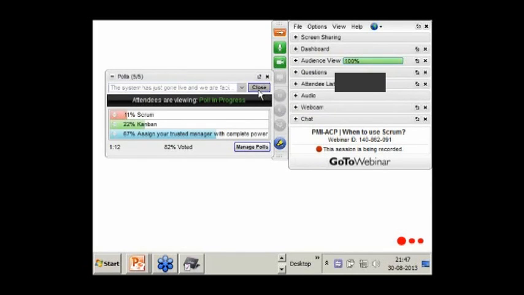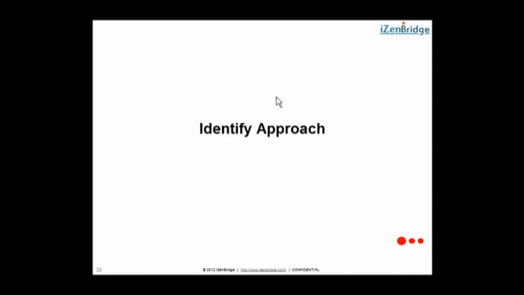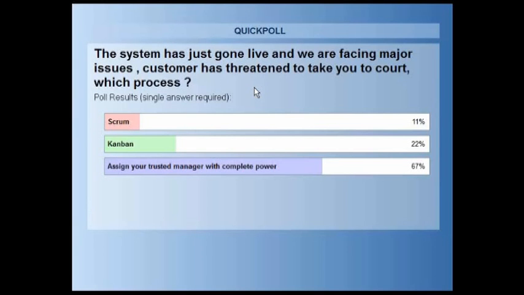So this time we are in good agreement. Yeah, most of you believe that you need to identify a superhero who can take you through this phase, and you are at a chaotic phase. Nothing will work. No checklist, no process, no guideline is applicable, because you need to save money first. You need to just go live.